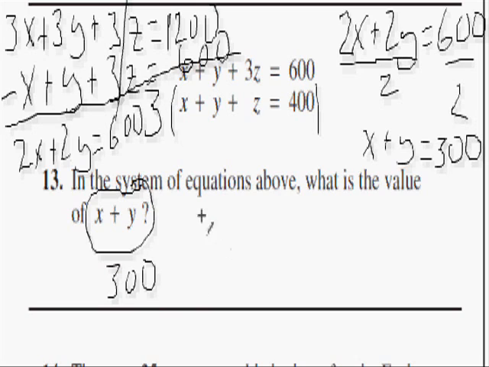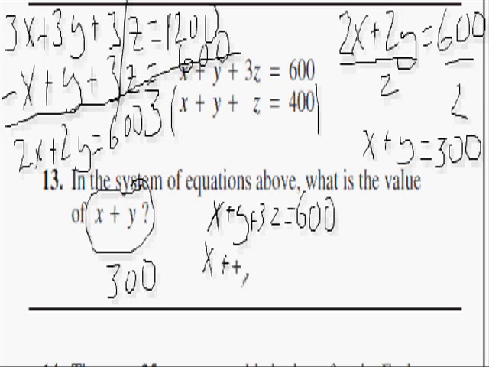300. Now, as with many SAT problems, there's more than one way to solve it. It's not always a right way or a wrong way, but a lot of times there's a quicker way. Your goal is to find the quickest way possible, or a way that makes sense for you. Now we can look at this and say that x plus y plus 3z equals